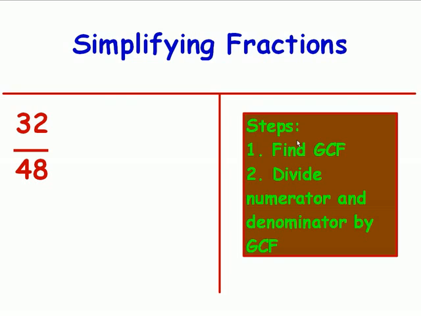You place those numbers in the center, in the common area, or the shared area of your Venn diagram, and you multiply those numbers together. We're then going to take that GCF and we're going to divide that into our fraction, and that will simplify our fraction. So let's take 32,